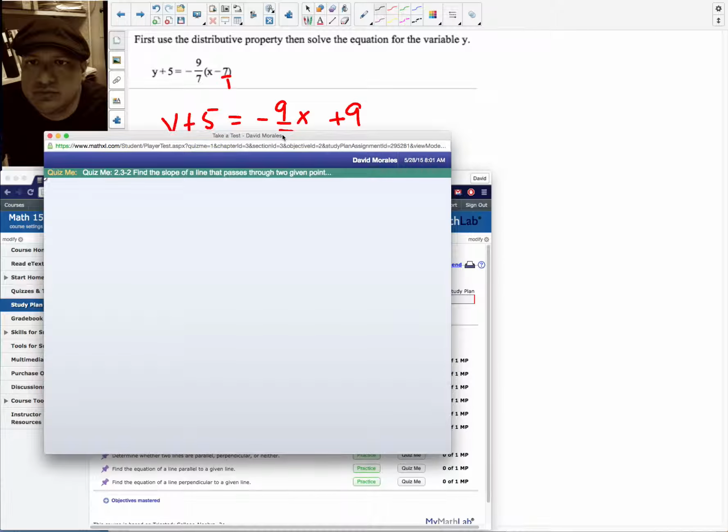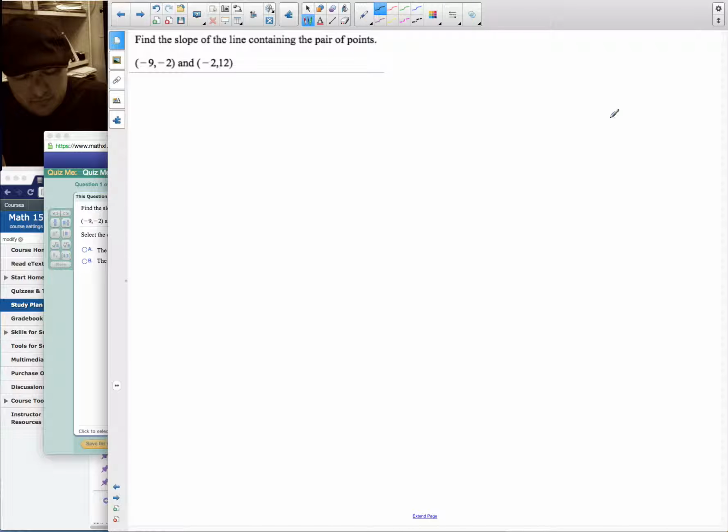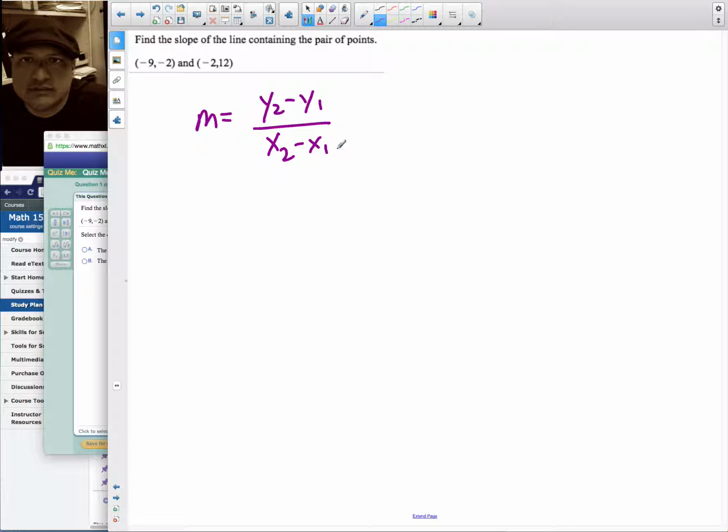Slope between 2 points. The slope between 2 points is given by the formula m equals y2 minus y1 over x2 minus x1. Okay, so in this case, this is going to be y2. It actually doesn't matter which order you do this in, so we usually just call this x1, y1, x2, y2. y2 is going to be 12